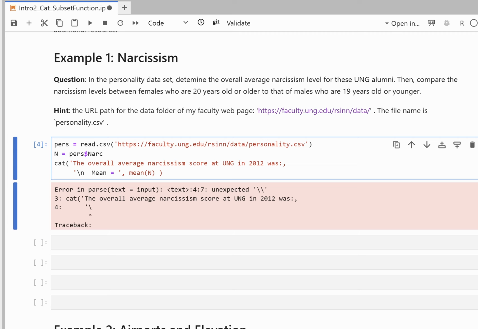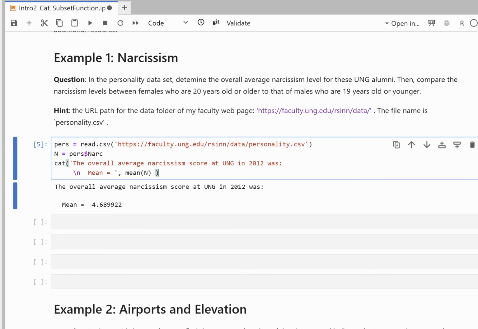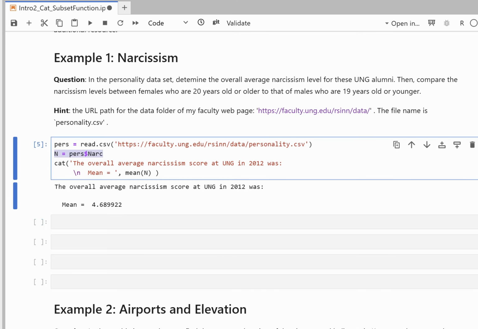It didn't seem to like that. Let me not split these. There we go. I'll have to think about what was going on there, but we've got it how we want it, and now we've got the text that'll remind us what was there. But now what do we have to do? Okay, well, we have to subset the N